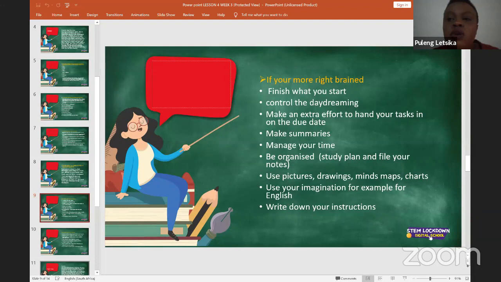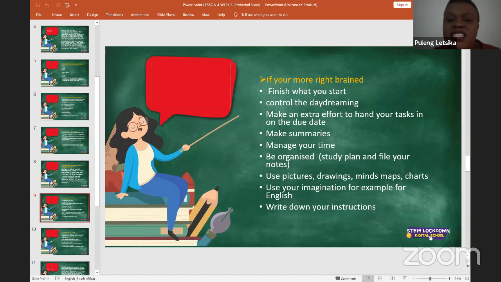You're also going to make summaries in order for you to remember and in order to keep your brain on track. You make summaries, like I said, at the end of sections and not at the end of chapters. You make little notes again after every paragraph so that these things will help you to control your mind.